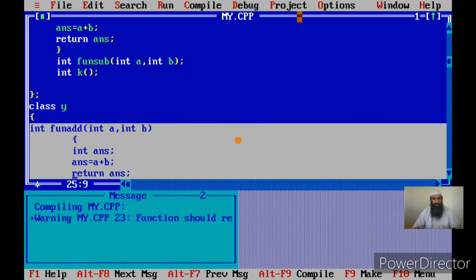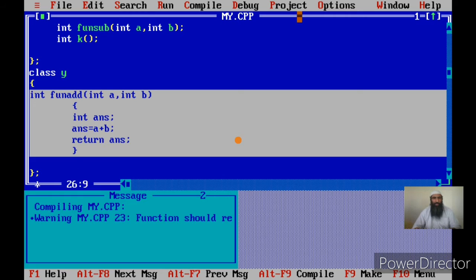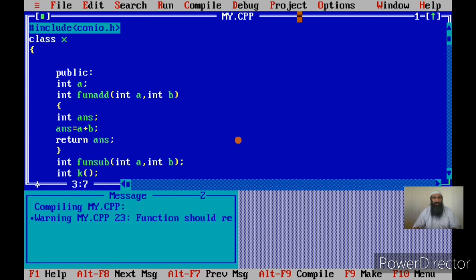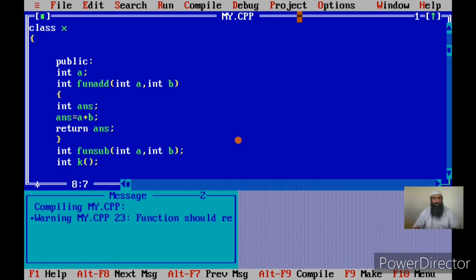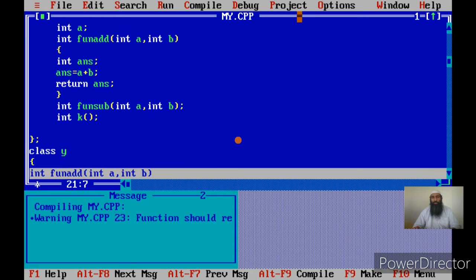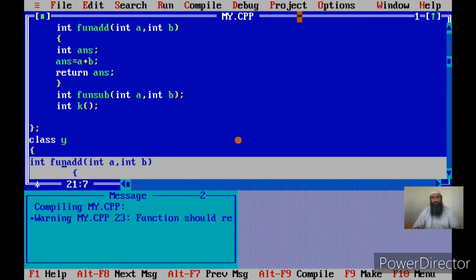In the case of class Y, again we will be calling the function with the object name dot function name. But since the object of class X is different from the object of class Y, because the object of class X has the data type X and the object of class Y has data type Y,